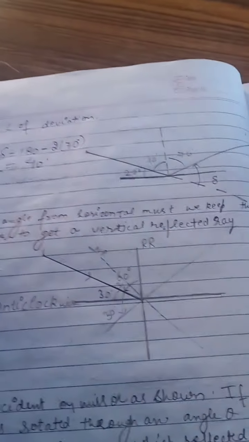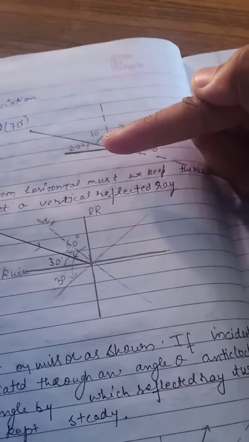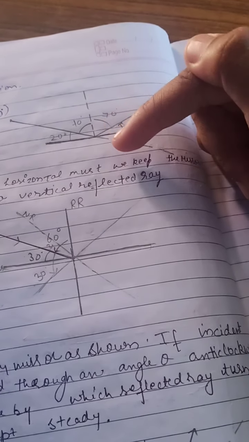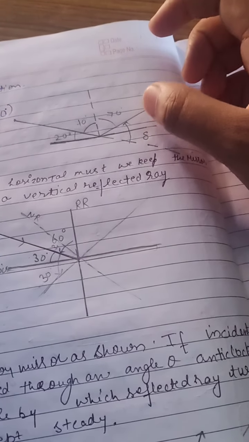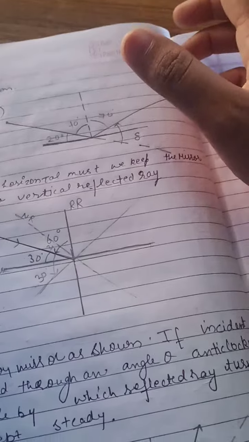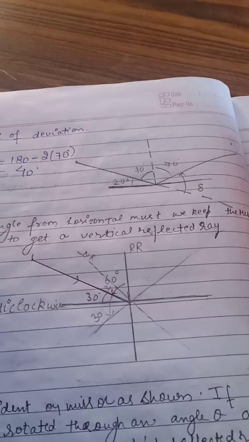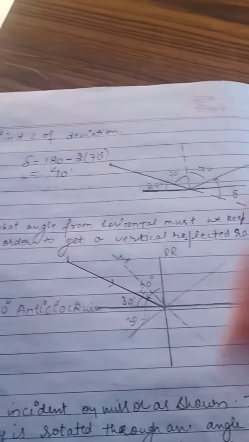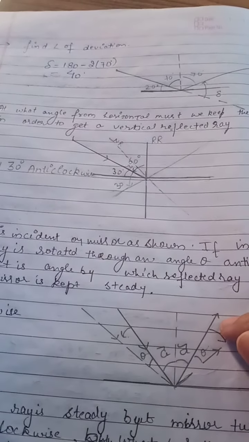Next question is that find the angle of deviation. In this case, they are saying that the incident ray is making the angle of 20 degree with the mirror. So that means it will be making the angle of 70 degree with the normal. Reflected angle is also 70 degree. And if we say what is the angle of deviation, in this case angle of deviation is equal to 180 minus 2 theta, that is 180 minus 2 into 70 degree, 180 minus 140 degree, that is 40 degree, our answer.